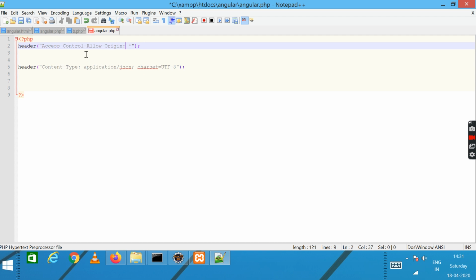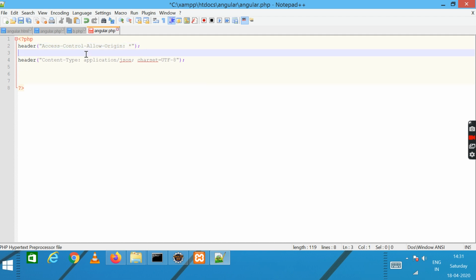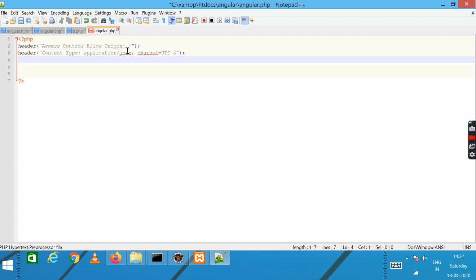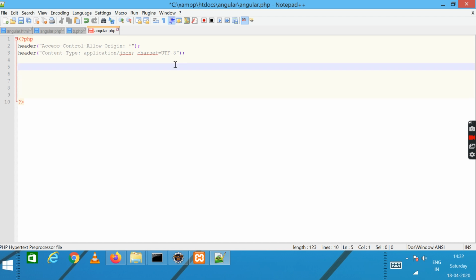For our code it is optional, but most of the time this header is required. The second header: in our assignment we are reading the JSON response from the PHP, and for this JSON response we are setting the content type application/json and charset UTF-8. So both headers are included, but I think both are optional.